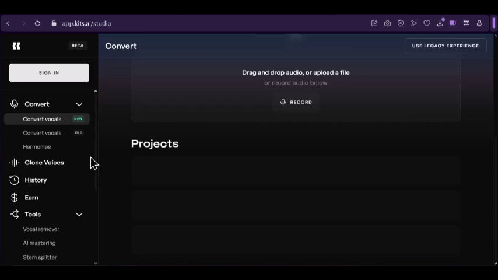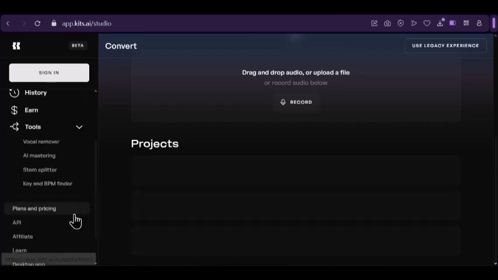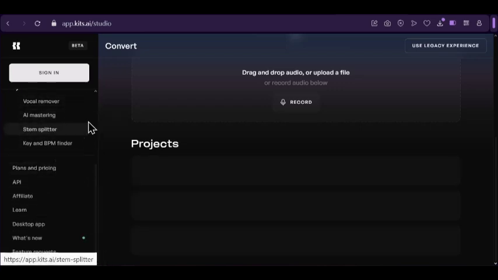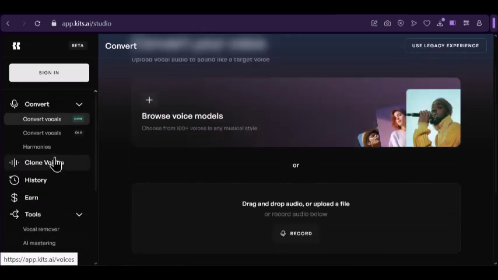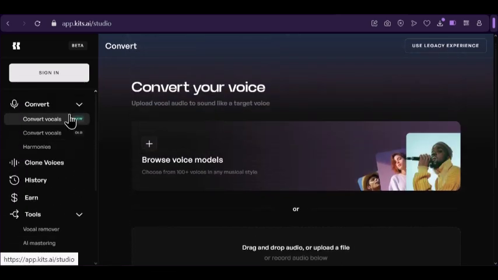it has vocal removal and isolation, it has so many good things like AI mastering, one click AI mastering for music stems and samples, it has stem splitter, voice blending, it has AI instrument library, it has text to speech where